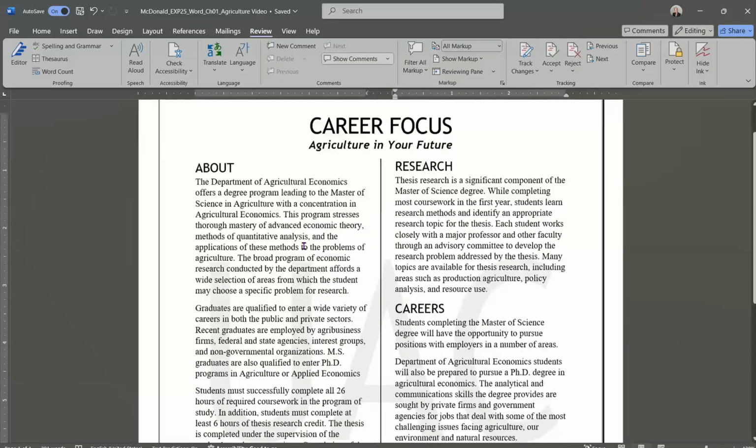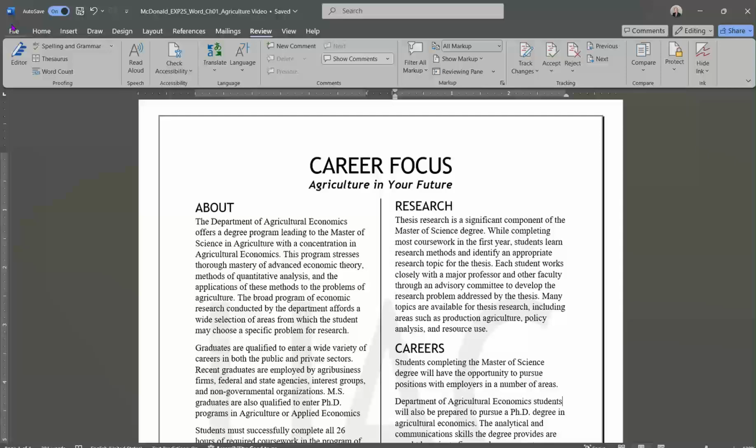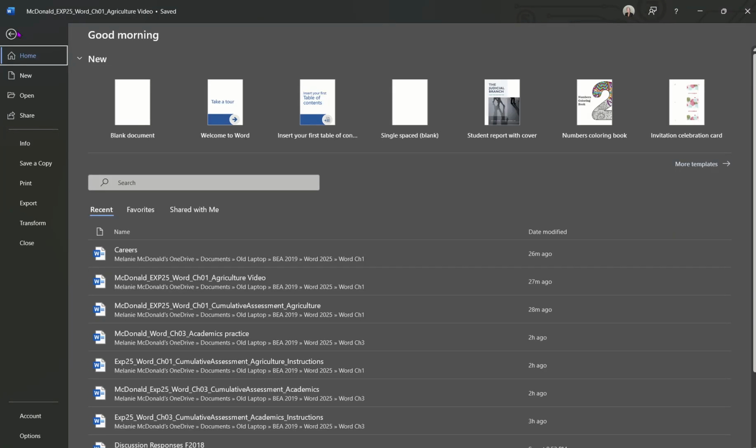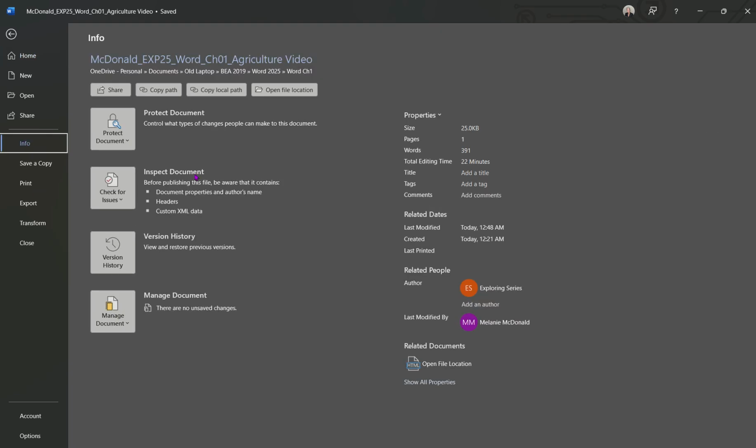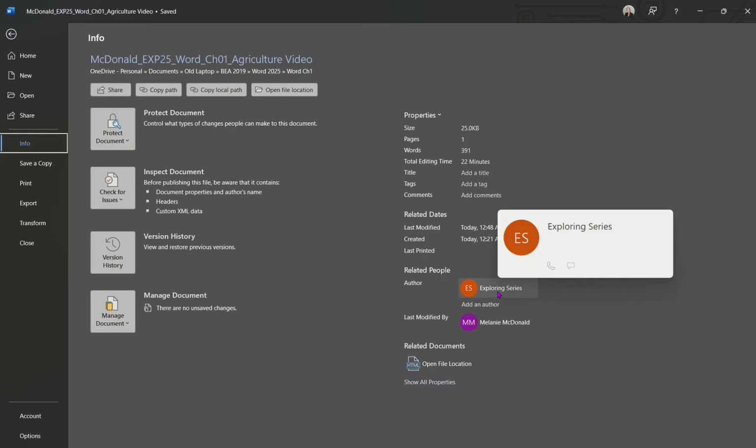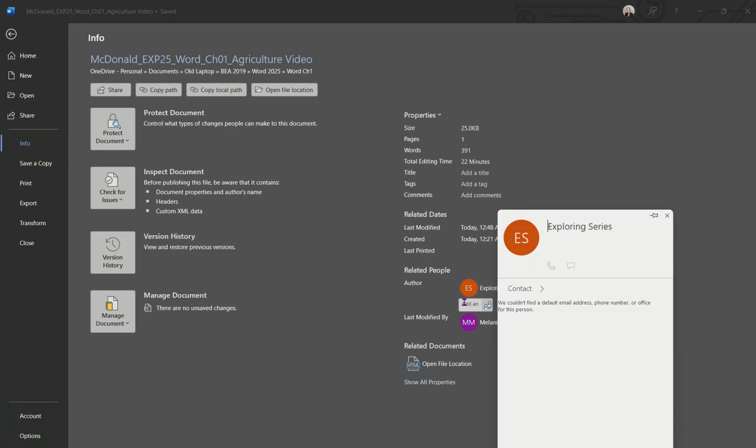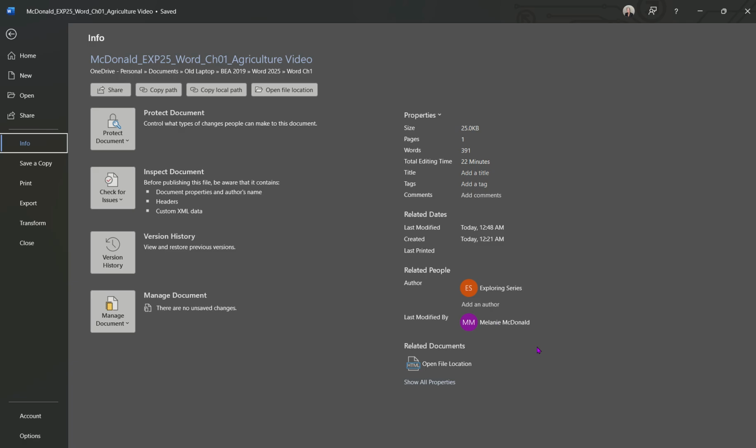To find document properties, you want to go to File, go to Info. So here you have properties. So File and then Info. You can see the author. There's an author here already. We're going to delete that out, but we're going to add an author. So we're going to click where it says add an author, and we're going to type